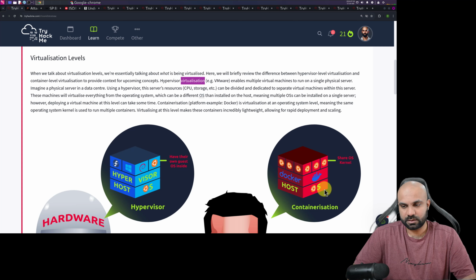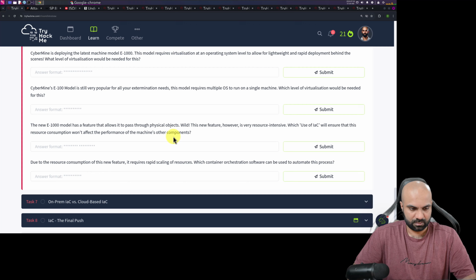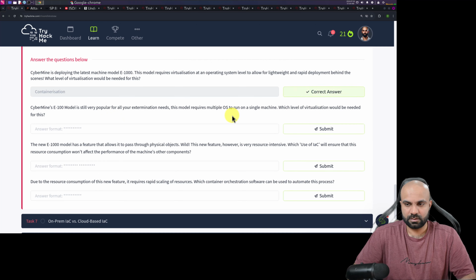So this is kernel level, containerization level. Okay, so it's virtualization at the operating system level. Containerization is a platform that is virtualization at the operating system level. So containerization, maybe we were putting the spelling wrong. This should be it.